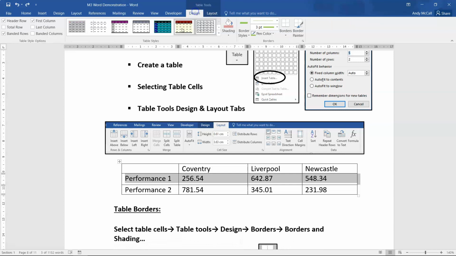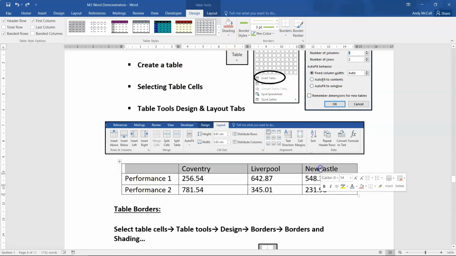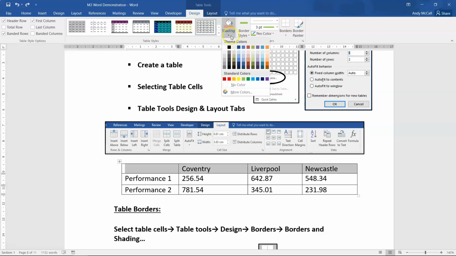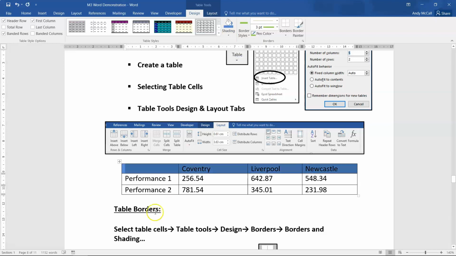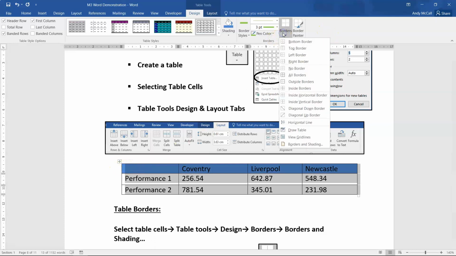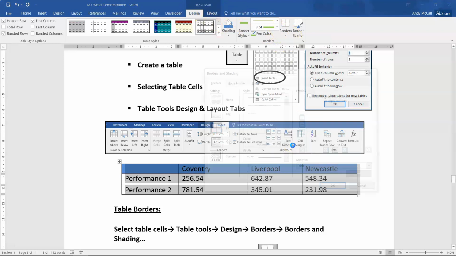In the design tab, we can also apply shading to cells, so we're going to select the first ones on the top row. Let's apply blue, and we can also change the border in a table too. So what we do is we need to select the table in question. So you can select just there by all the cells. We can go to borders, not borders in home, borders in the design tab for table tools, borders and shading,